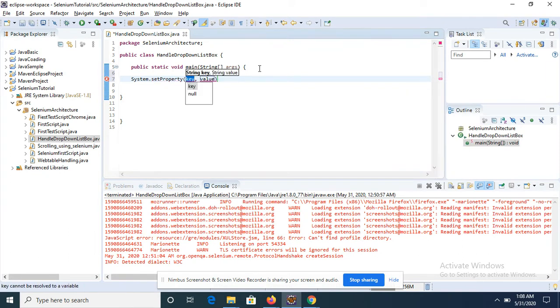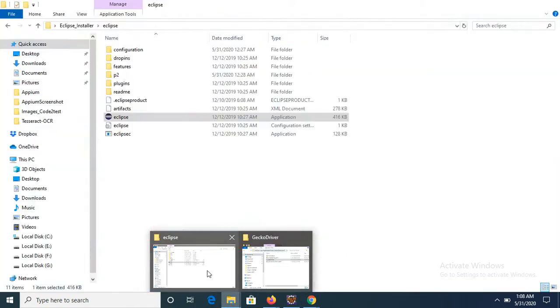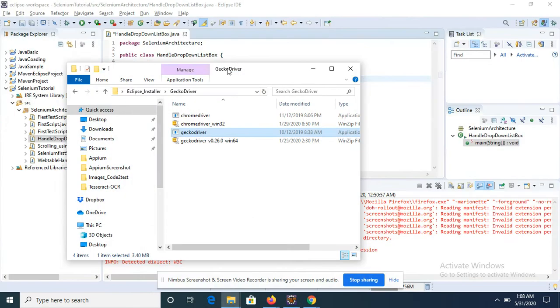Inside this setProperty, we'll pass the driver, which is webdriver.gecko.driver. We are using Gecko, so we'll be typing gecko.driver. After that, we have to give the path of where we have kept our Gecko driver in our local. I have kept my Gecko driver at this location.